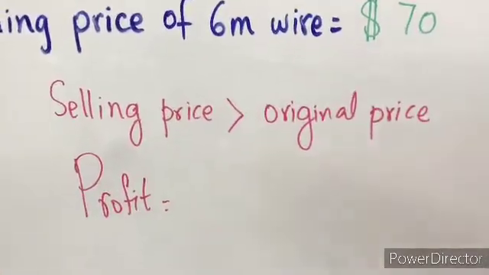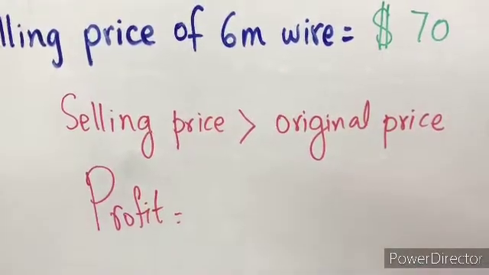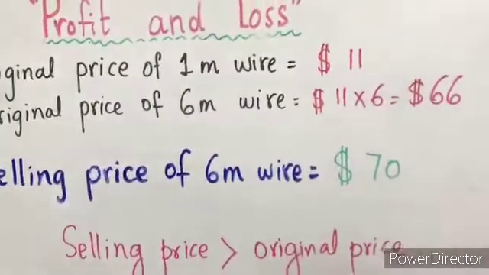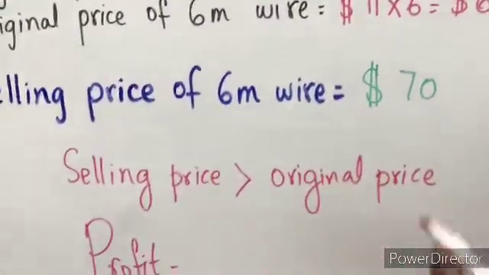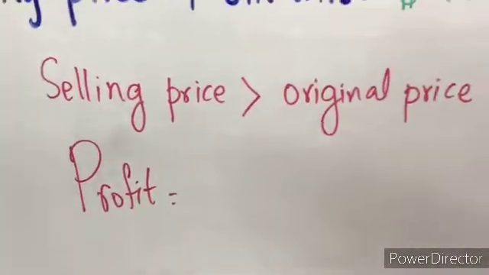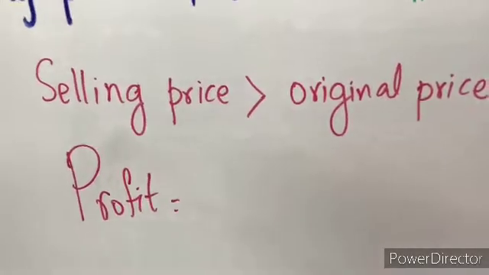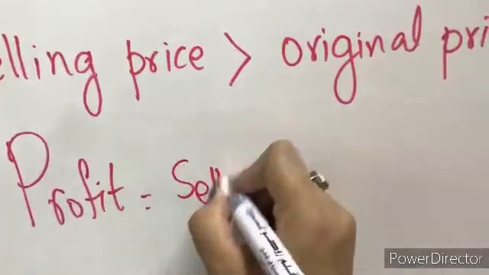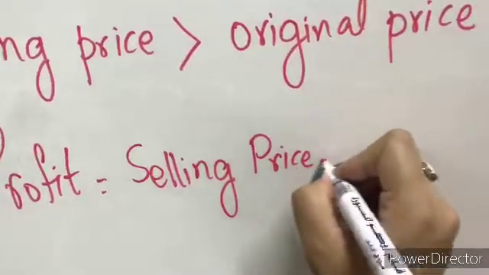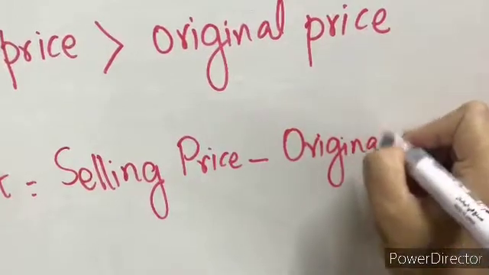What you will do now? It was the part A of that question, you have to find out whether he made a profit or a loss. So you can say he made a profit. He did profit. Okay. Now the second part was how much. For that, how much you have to calculate it. Selling price minus original price.